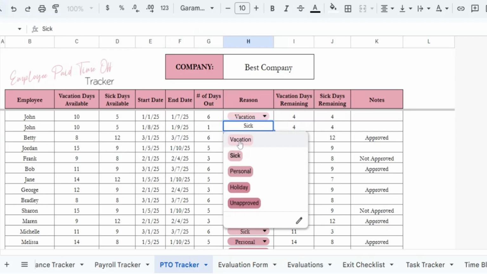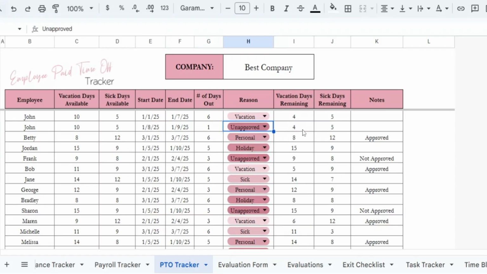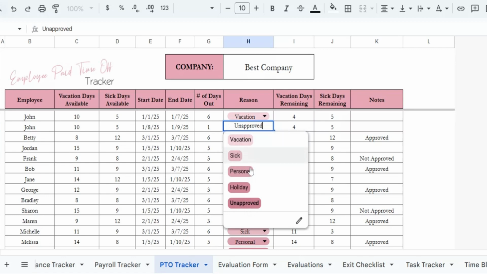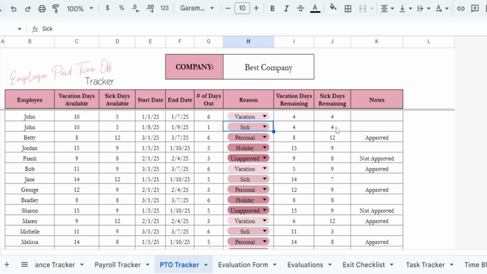And he has decided he is going to be unapproved. It would not take from remaining vacation days. But if we took it from a sick day, now it's going to say that you've got 4 sick days remaining. Just remember to start on the left side with the number of days they've been given at the beginning